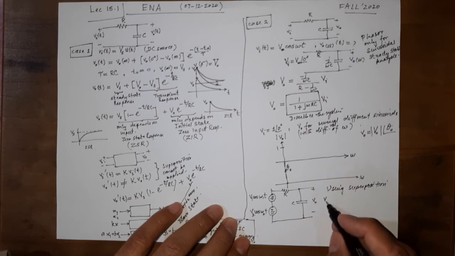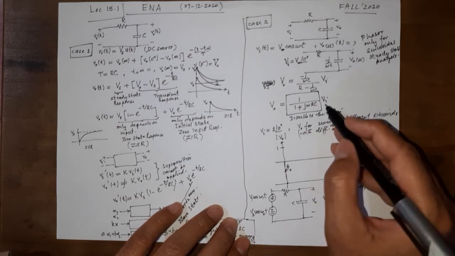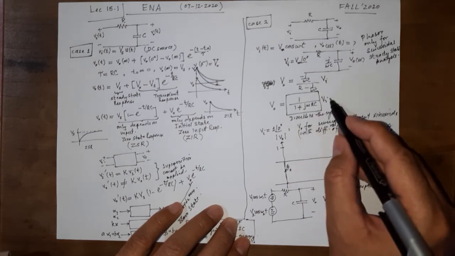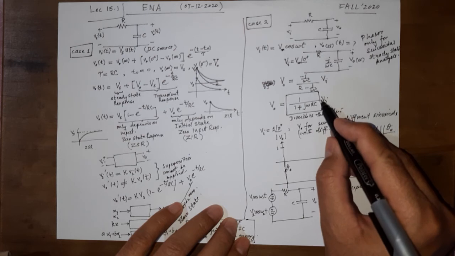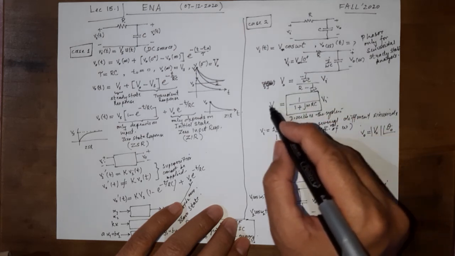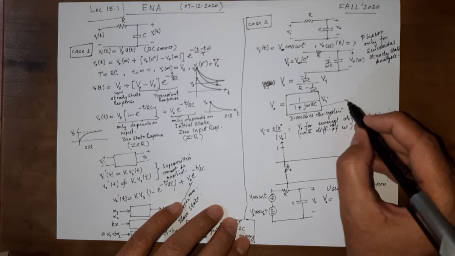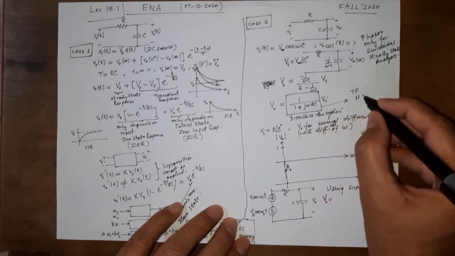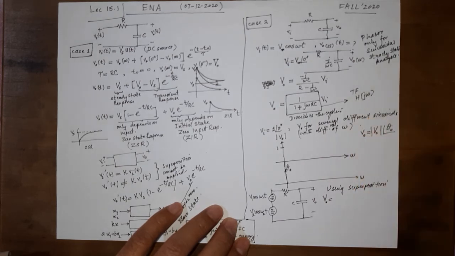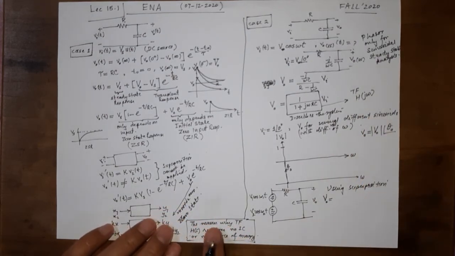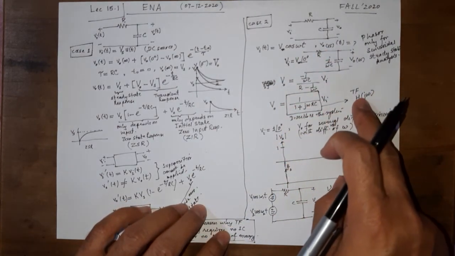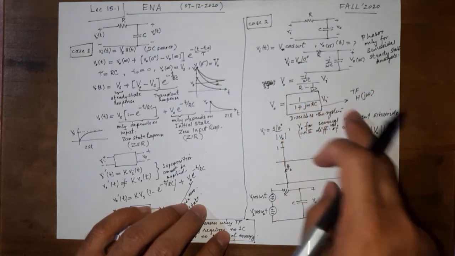the overall output in the frequency domain, the capital V naught would be equal to, let us call this term some sort of a transfer function, because the input is transferred by multiplication with this thing to become the output. So let us call this the transfer function, H, because this is a function of j omega. We write this as H of j omega. We saw that the transfer function is written as H of s. Here we are not dealing with s, we don't have s here. So this is a transfer function that is a function of j omega.